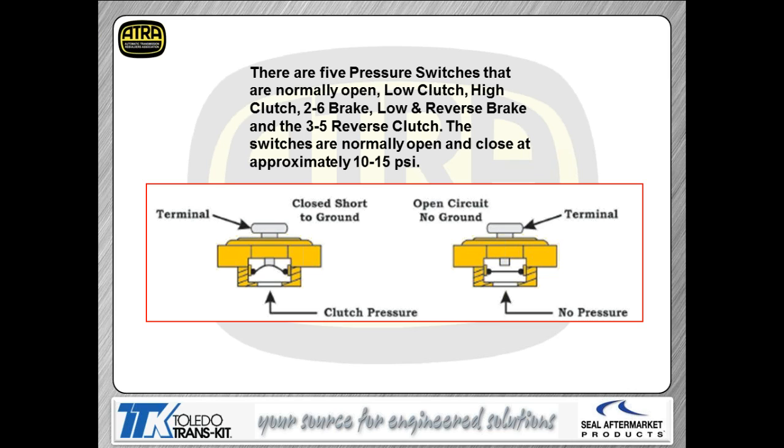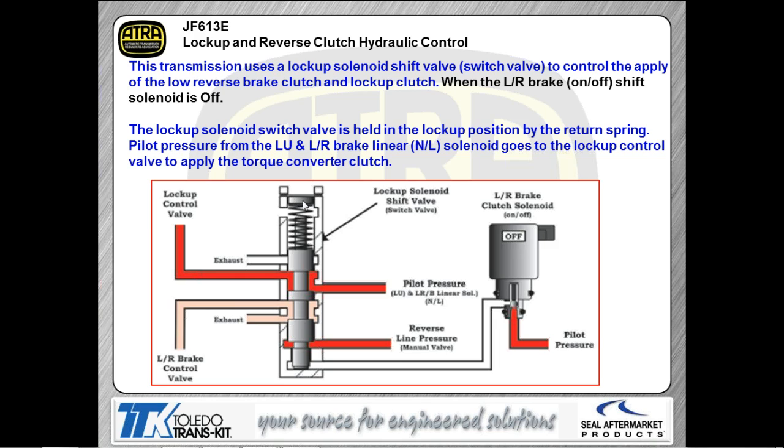Again, the pressure switches are just like you're used to seeing on older applications. Again, a normally open style pressure switch closes at about 15 psi, and again, it's basically used for triggering adaptive learning functions. When you look